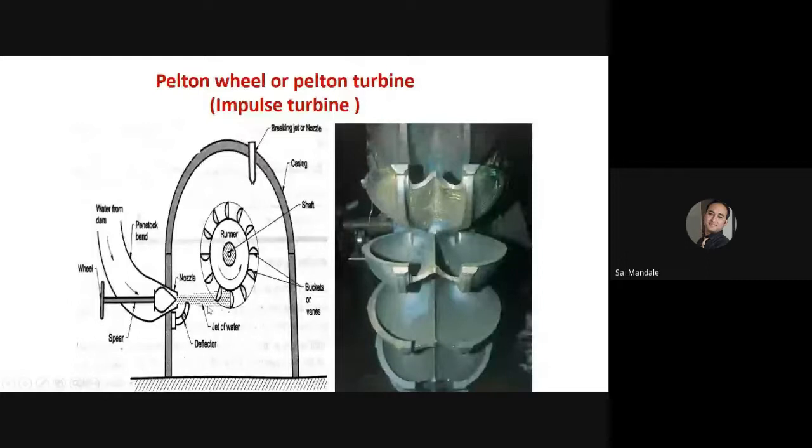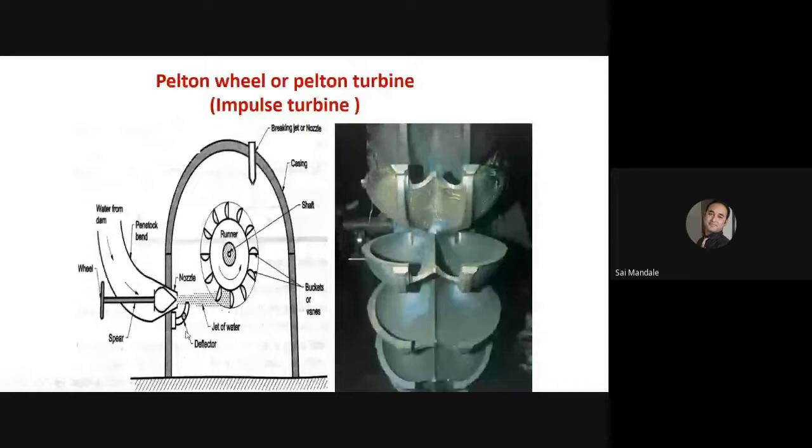And the speed of that runner is around 30,000 RPM. The runner rotates that fast. In order to control the speed of the runners or buckets or shaft of the turbine, the deflector is given,